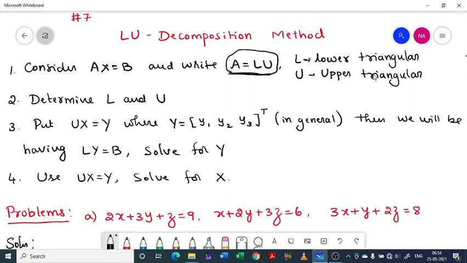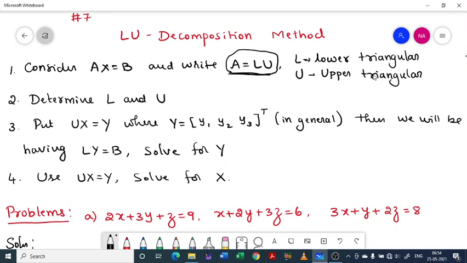Here we have taken only the way of writing A as a product of lower and upper triangular matrices. Similarly, A can be expressed as a product of two matrices of a different kind. A can be written as a product of three matrices. So that you must know. That is our intention. You must know that given any square matrix, it can be written as a product of two different matrices. Depending on the situation, you may choose those matrices.